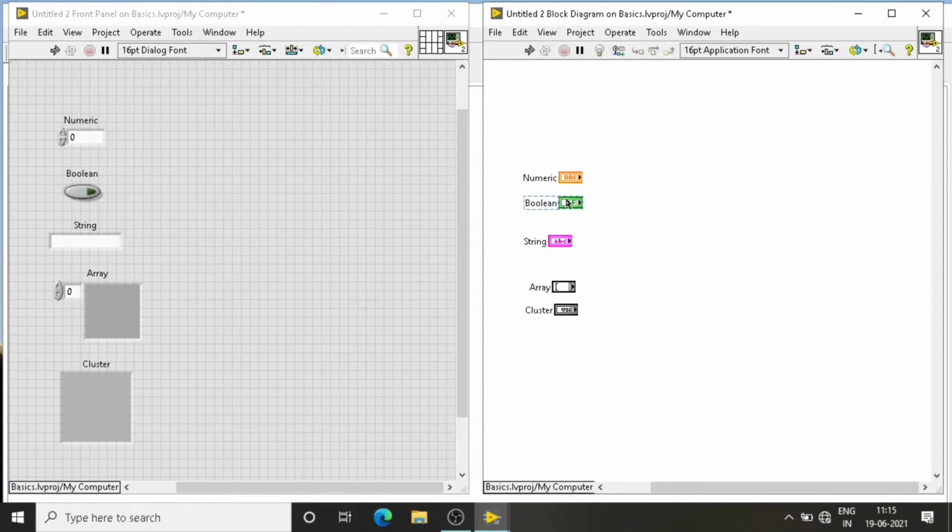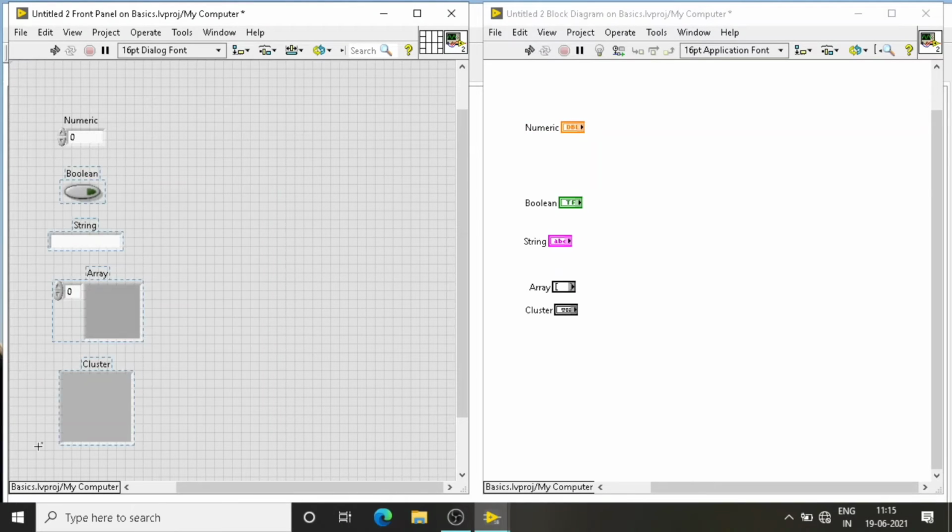Now I will show you one small program. By that way you will come to know how LabVIEW executes a program. Now I will show you a small program like an addition function. For that we need 2 inputs and 1 output.